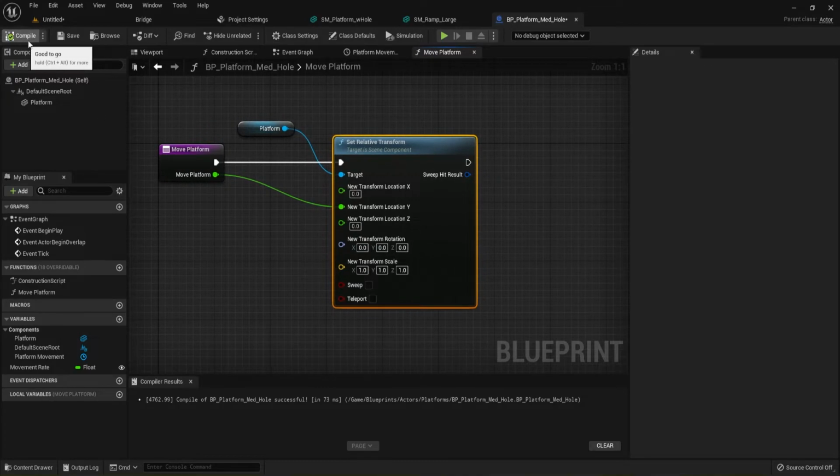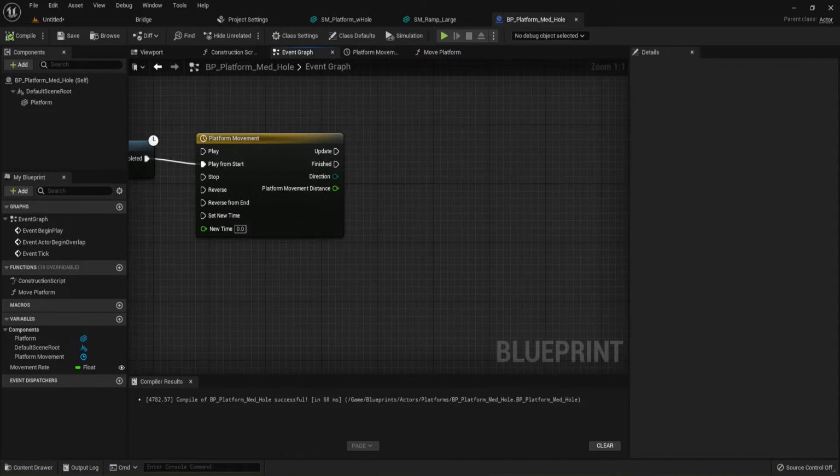All right, I'm going to go ahead and compile and save. And this also reminds me that I'm going to do another pickup video after this one to show you probably a better way to do your coins so that they actually move. All right, so now we've got that done. We've compiled it, and we're going to save it. We're going to go back to our event graph,